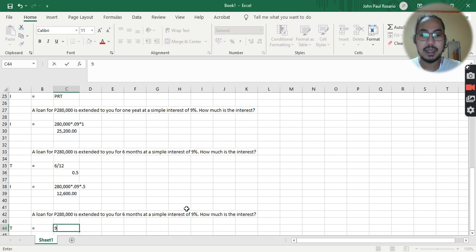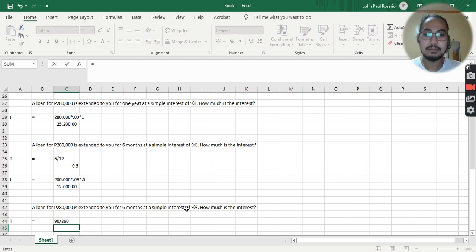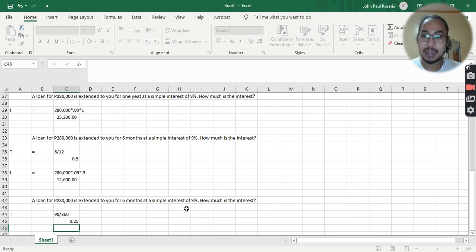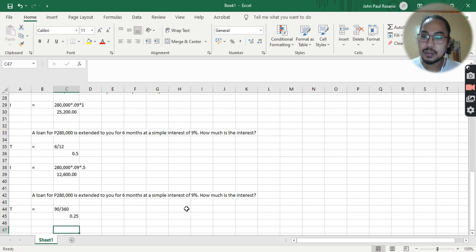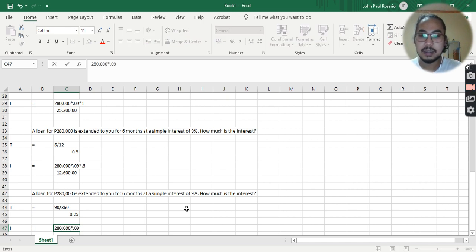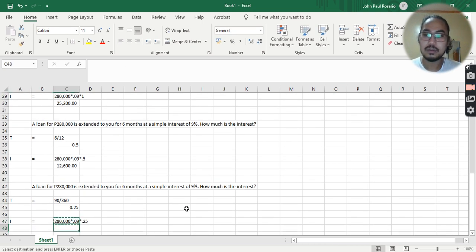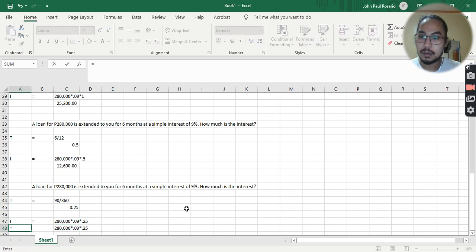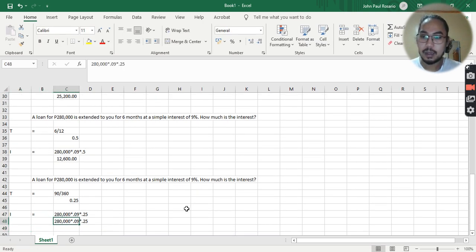So 90 over 360. So this would then be equals 90 over 360. Our time would be at 0.25. So our interest then would be 280,000 times 0.09 times 0.25. So with that, our interest in this case would be 6,300